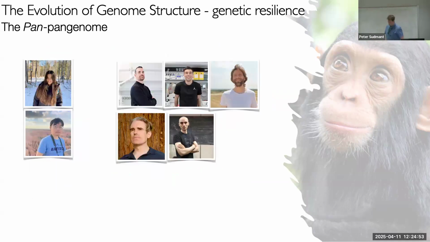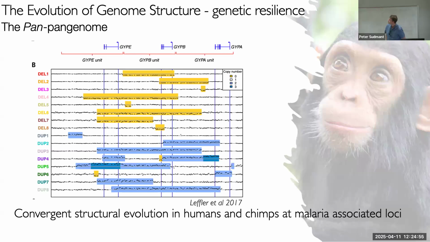So here's what the human structures that have been identified look like. This is from array data, so these are indicating duplications and deletions, a lot of variation at this locus. But this is from looking across a huge number of African individuals. I think there were about 20,000 individuals in this study. We sequenced 30 chimpanzees. That was all we sequenced.